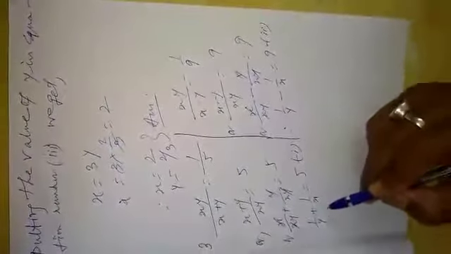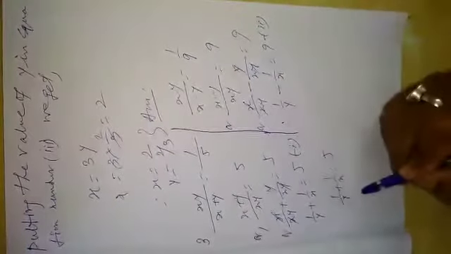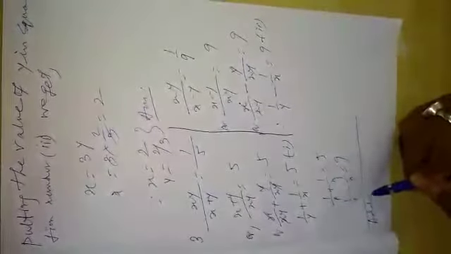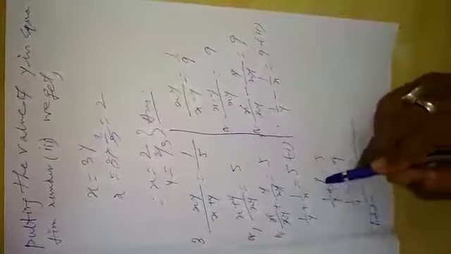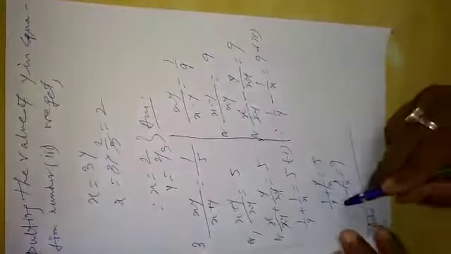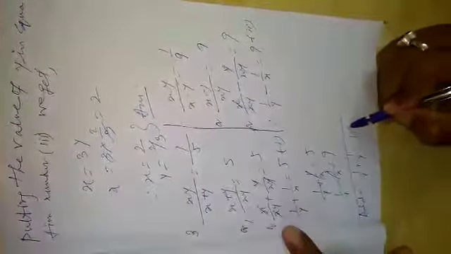Now the process elimination, that is eliminate. 1 by y plus 1 by x equal to 5. Now 1 by y minus 1 by x is equal to 9. Adding. So we have to cut 1 by x minus 1 by x, and 1 by y plus 1 by y equal to 5 plus 9 equal to 14.